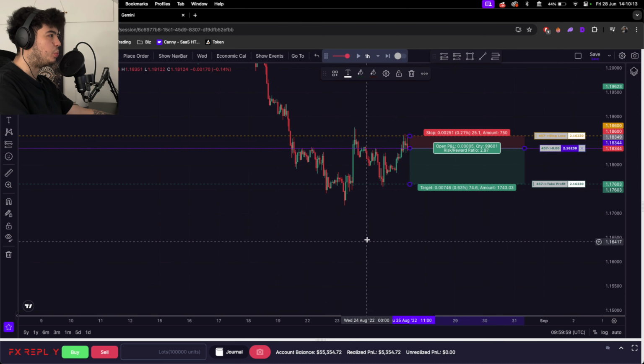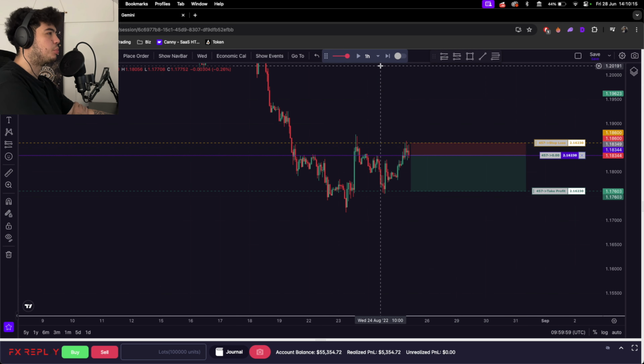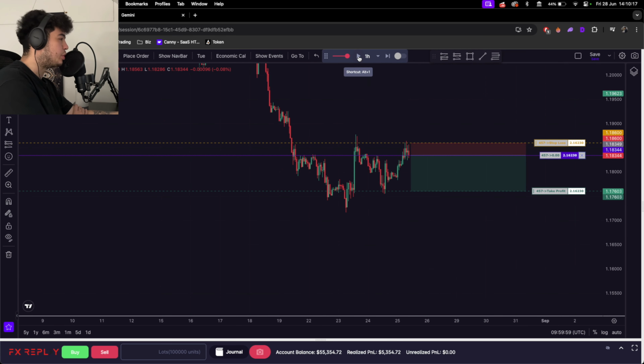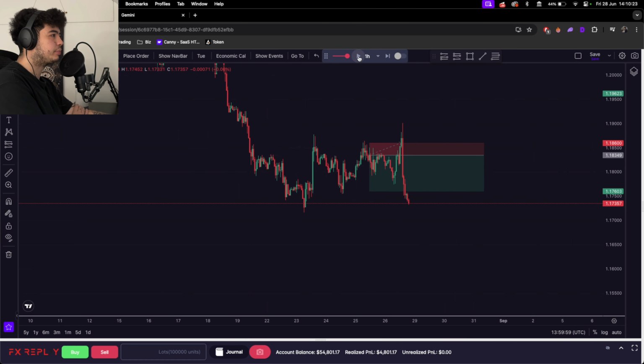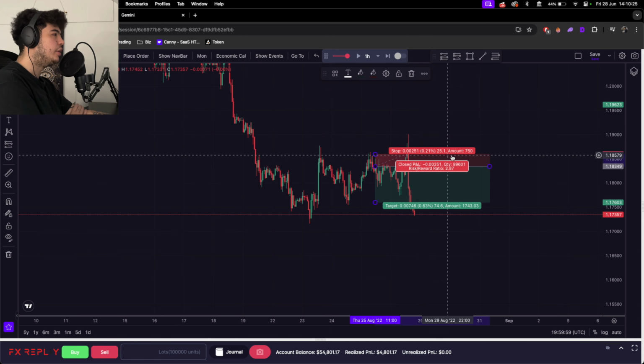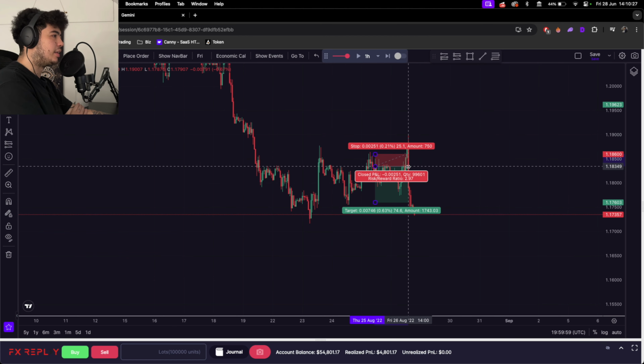I think the stop loss is way too tight to this previous high. But again, I said this with the previous trade that hit 6R. You know, I could be wrong. But yeah, we'll see. Okay, there we go. Wiped out completely. So this is a trade I really didn't like.